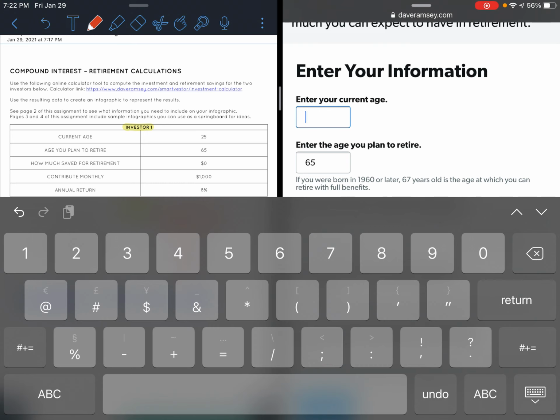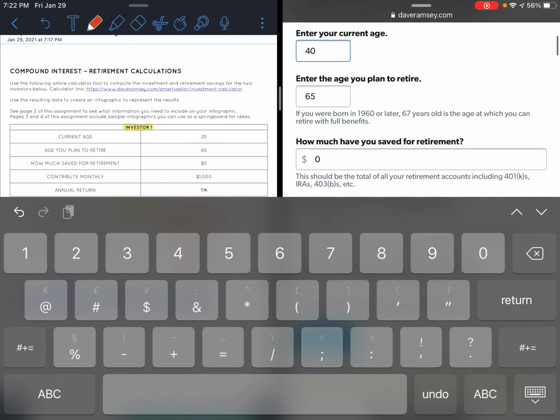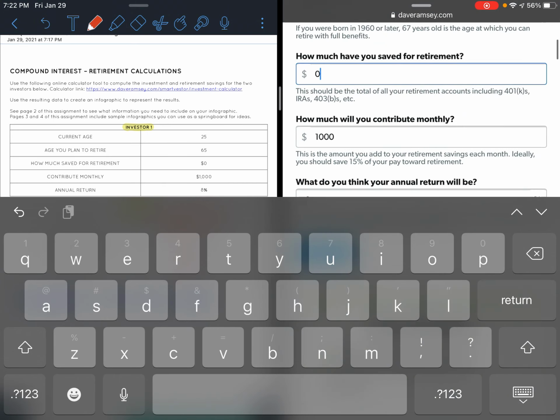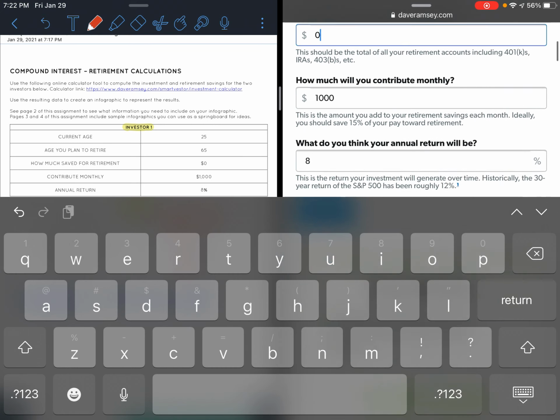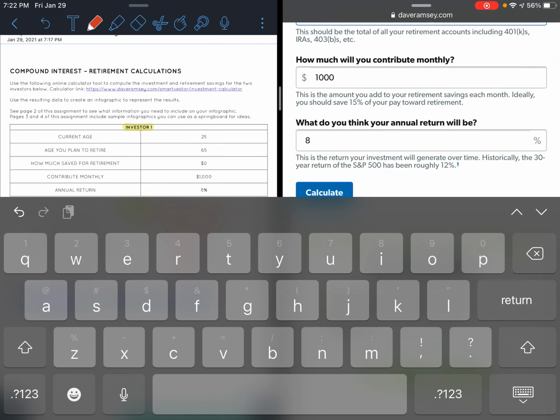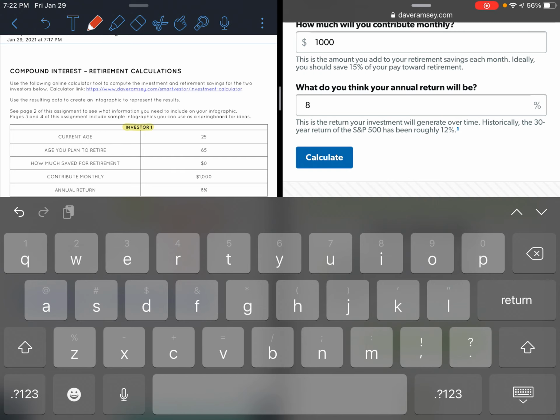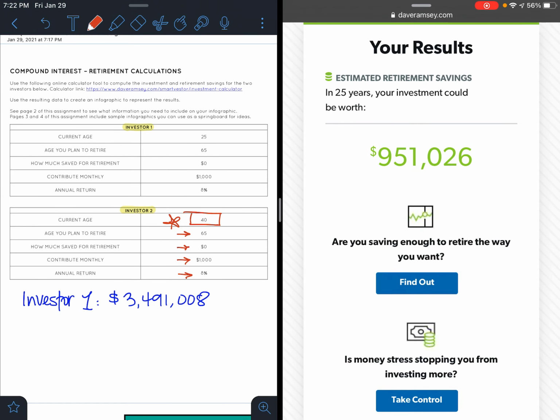So I'm going to type 40 for my current age, leave the retirement age at 65, leave how much I've saved for retirement at 0, leave my monthly contribution at $1,000, and leave my estimated annual return at 8%, and hit calculate. So I'm going to head back over to my note and make a note of that. For Investor 2, the estimated retirement savings is